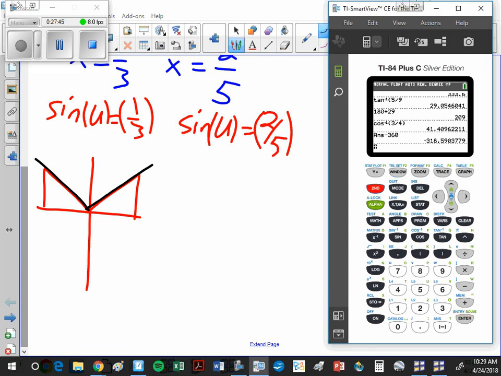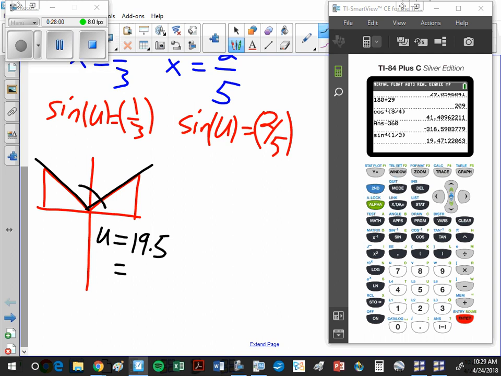Well, let's check. The sine inverse of 1/3. So u could be 19.5, or 180 minus 19.5. Does everybody see that? So 180 minus 19.5. So it could be 160.5 or 19.5 plus 360, which is 379.5, or